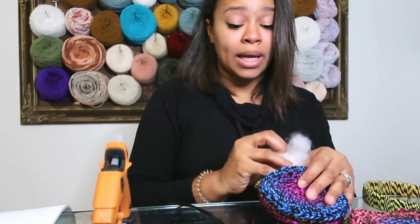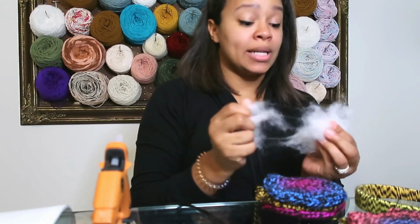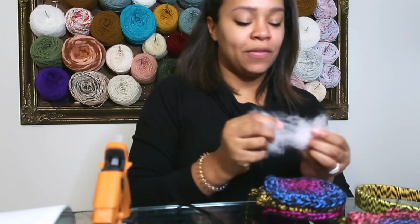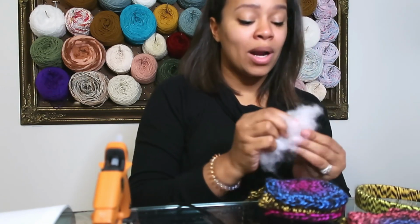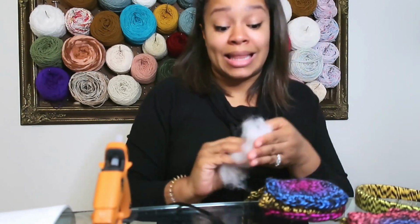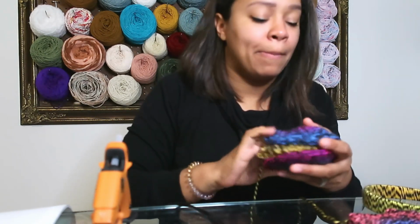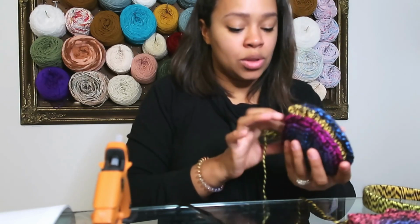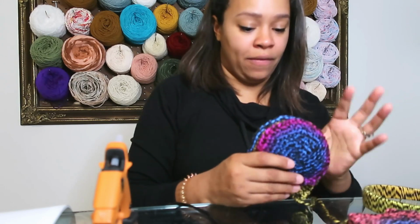So I do enjoy knowing that an accessory that I take hours of my time to make will not fall apart. Especially if I make it for me, whatever, cool. If it falls apart, it falls apart, it's for me. Now, if I go to sell it, I want to sell the highest possible quality that I can. If I'm just making a practice piece, by all means, use the cardboard, use whatever craft foam that you have available to you. It is just good though if it's still